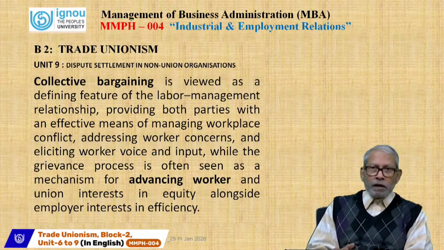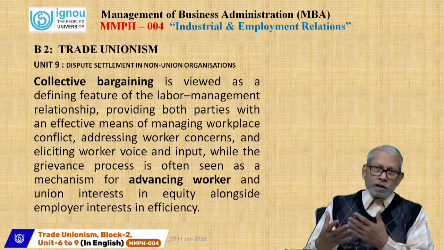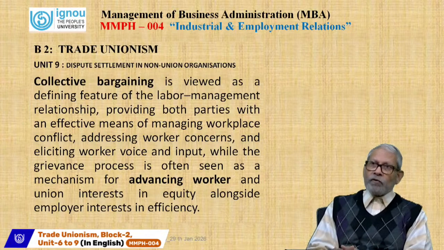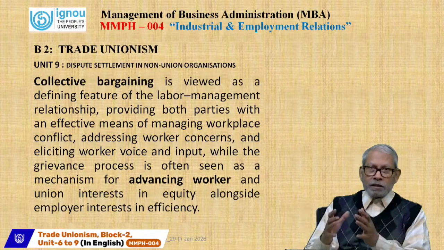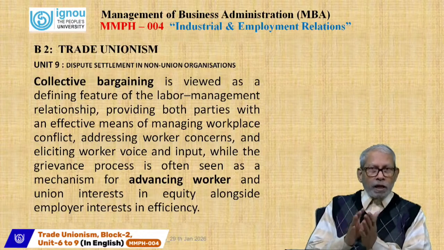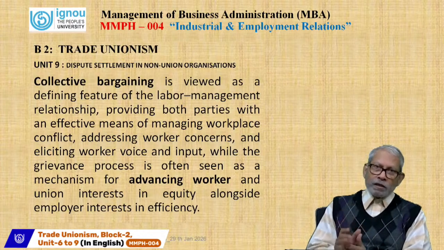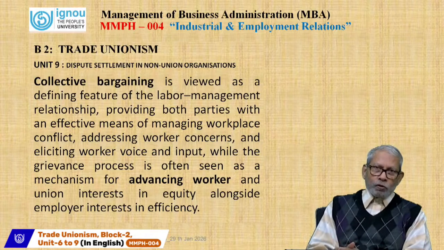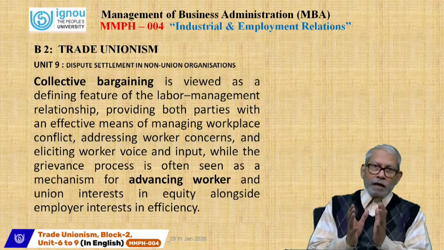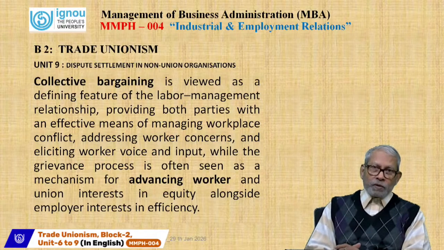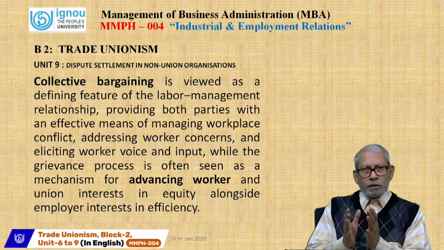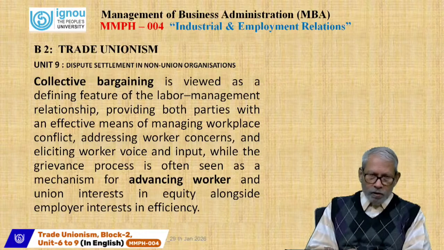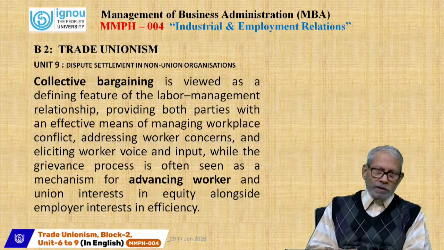So collective bargaining is basically just like a survey. You can collect all the problems of the unions and the workers, where individual things can be summarized, make an agenda of the union and put it up to the management, discuss, and finally do what is better for the workers and for the industry also. So that is one of the areas where the trade union can do better. But a grievance cell is like a mechanism where day-to-day problems can be solved, the individual things, to create more efficiency and interest.